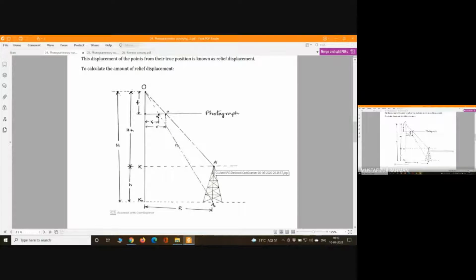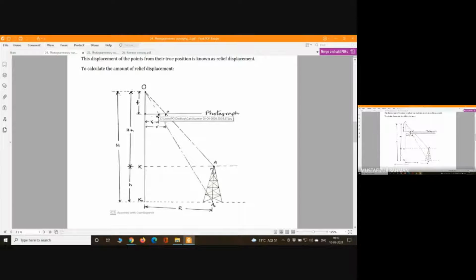This capital A point in the photograph is the small a point. And similarly, this A naught point is going to be this small a naught point. It is how the photograph will be taken, because this is not exactly below this photograph, right? There is an angle